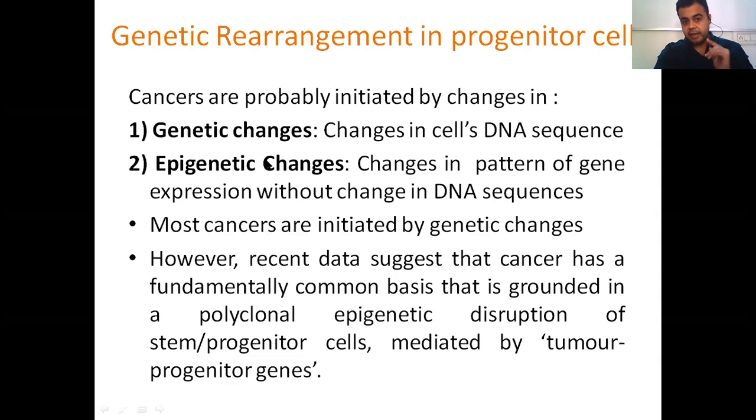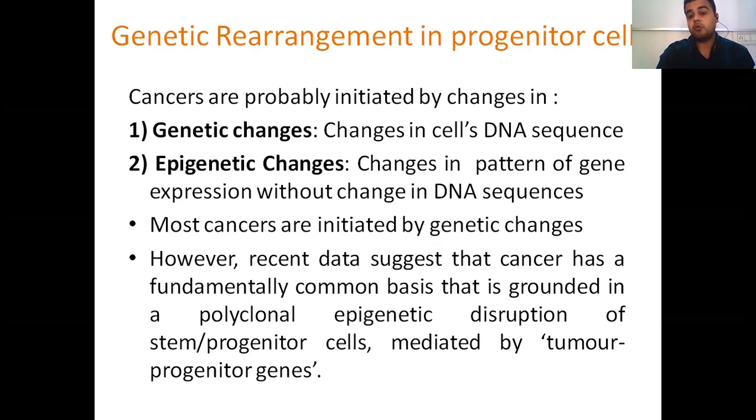Now be careful. Genetic changes refer to DNA sequence changes, or changes in DNA. It's very evident. Epigenetic refers to the post-translational modification, or the things which happen after gene expression. Gene expression refers to the formation of the protein in translation. It mainly refers to processes like methylation as well as post-translational modification. Most cancers are initiated by genetic changes, as you should know. However, recently we have also come to know that fundamentally it could also have an epigenetic basis or a polyclonal basis. If it starts from a single cell, we call it monoclonal basis, but it can have a polyclonal basis.